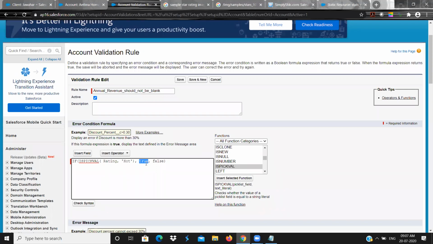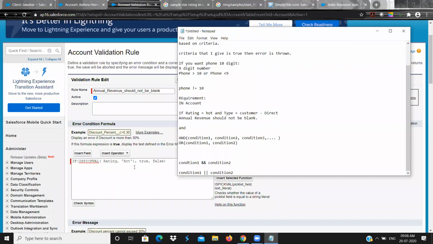Clear? So if the condition is false, it will go only, but it will not throw any error. That's the only difference. The working style and conditions are the same in formula and validation rule. The only difference is that a formula field takes its value from the formula condition, but a validation rule, based on the criteria, throws the error message.